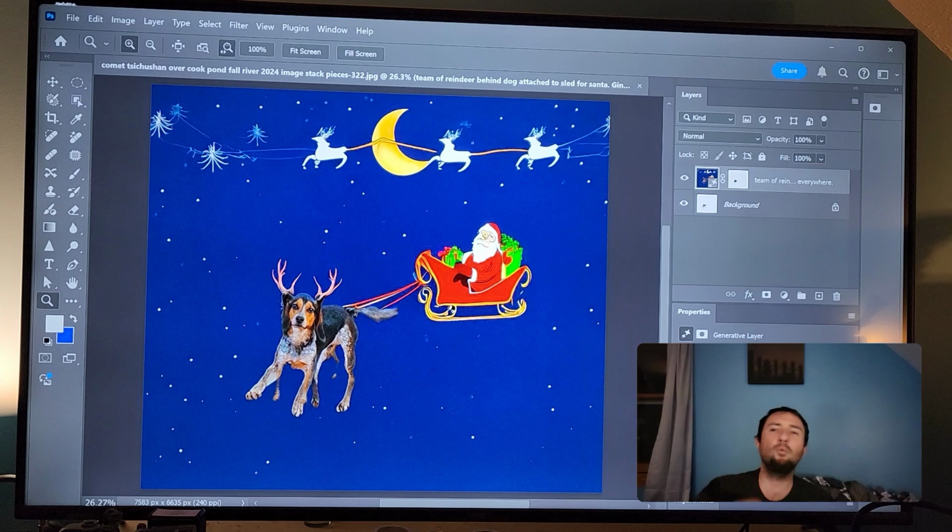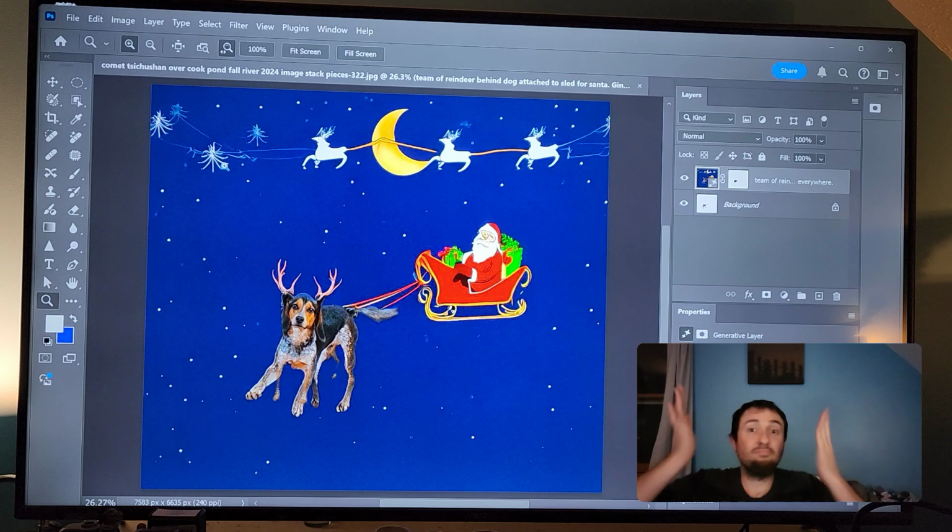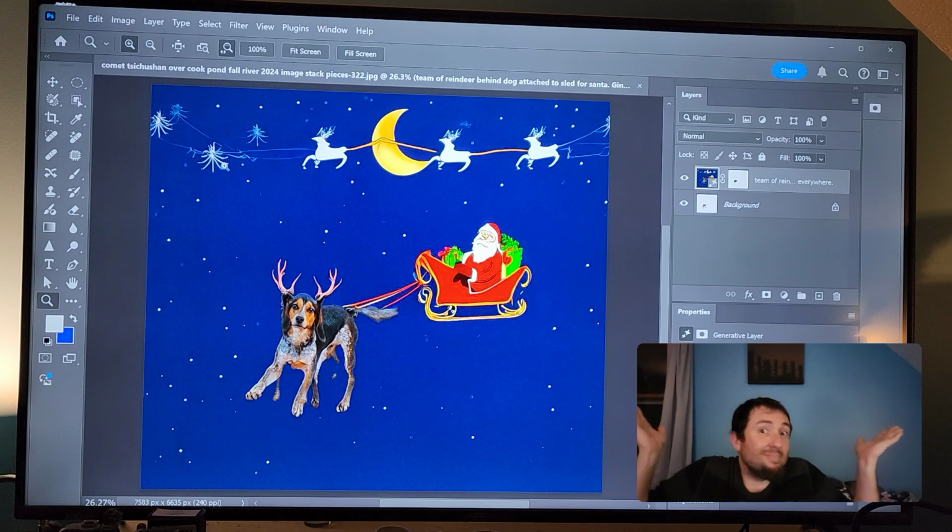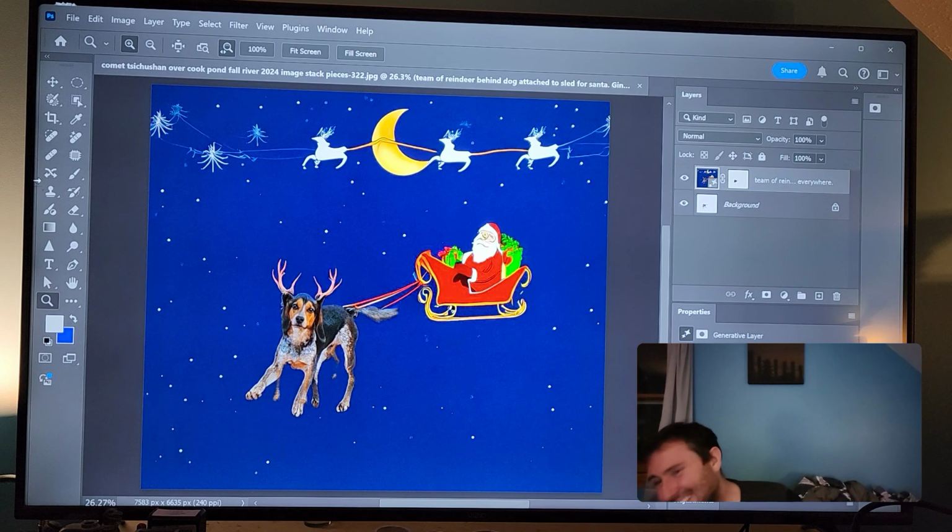Now, this is what we wanted. This is exactly what we wanted, except for one key difference, okay? Why is Santa attached to the dog? The dog has ghost feet again, and what looks like something terrible. And then you have reindeer flying past the moon, but for some reason they're attached to nothing but snowflakes. I don't know what to tell you. You saw what I typed in, folks.